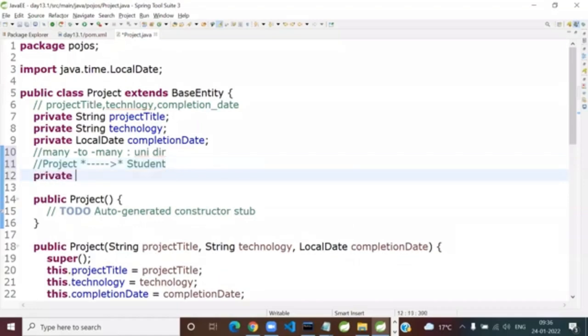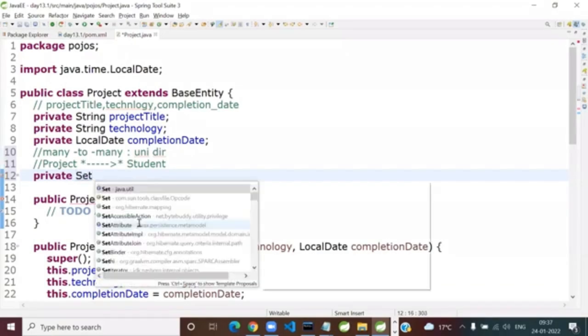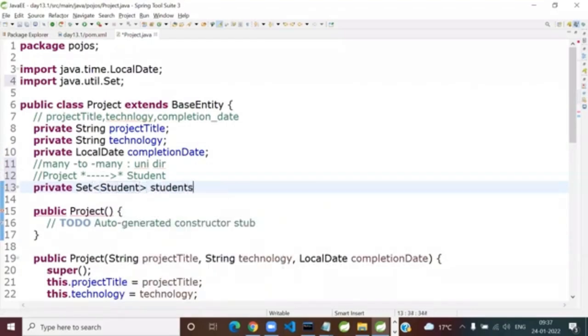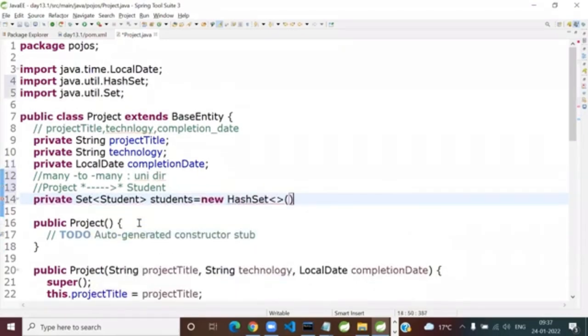So like I said, again from Gavin King's book, instead of list, set, removing any entities from such a list, rather than list, set becomes easier because set is all distinct. So we create a set of students, and never ever keep the collection empty, I mean null. So initialize it to this. Set is better performant than list because of its no duplication policy.